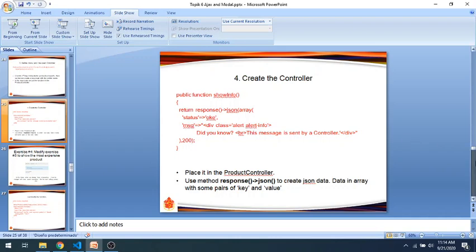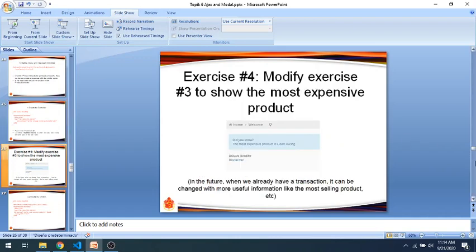Okay, next we will modify it for another piece of information. For example, the most expensive product, this one. Did you know the most expensive product is lidah kucing in my database?